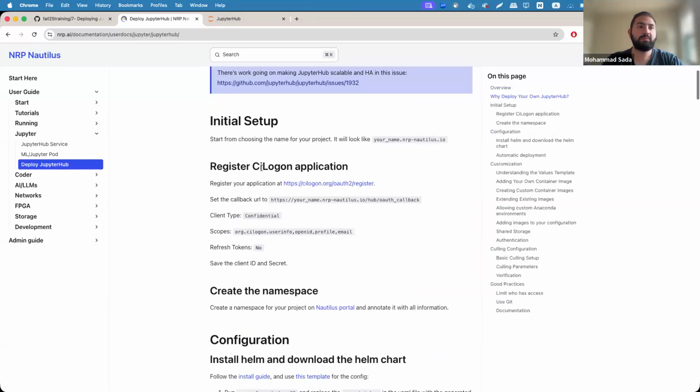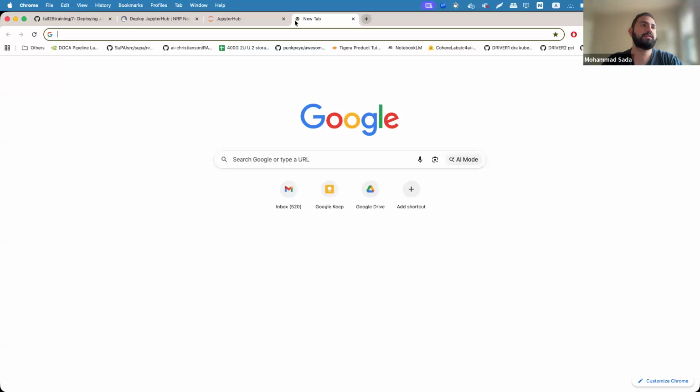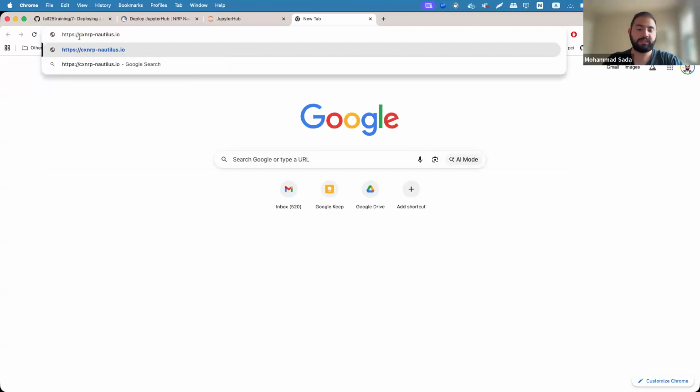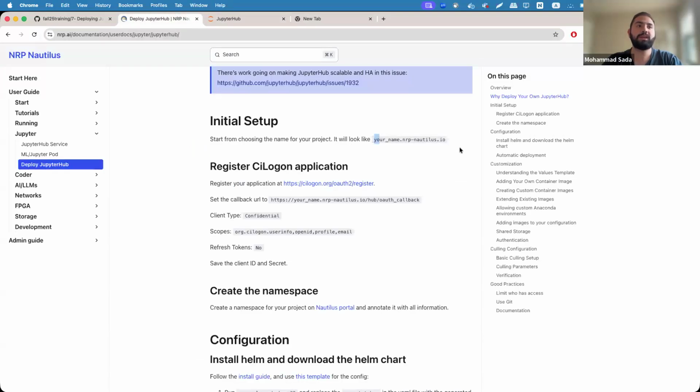So you can see the initial steps here, and if you want to deploy your own JupyterHub, you can see NRP's one is jupyterhub-west.nrp-nautilus.io. But let's say, for the sake of argument, you're spinning up a classroom and you want it to be, for example, CS1122 at, let's say, campus x.nrp-nautilus.io. And this is what your URL is going to look like. Your users are going to be authenticating through this link. They'll be accessing JupyterHub through the interface. So the first step for you is to pick what that URL is going to look like, what that subdomain is. So it's going to be